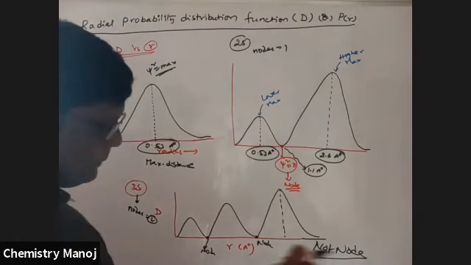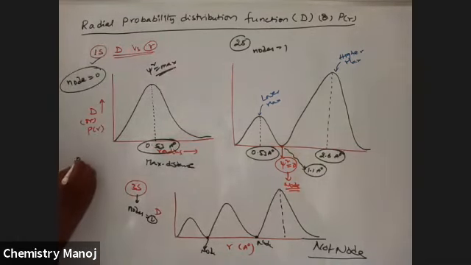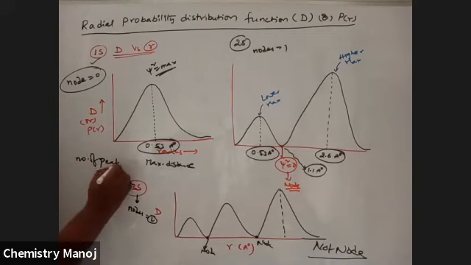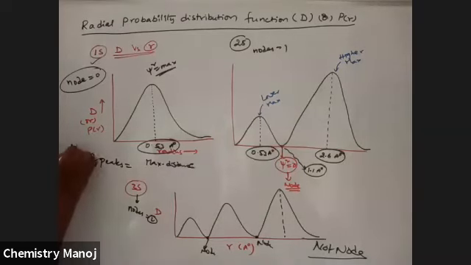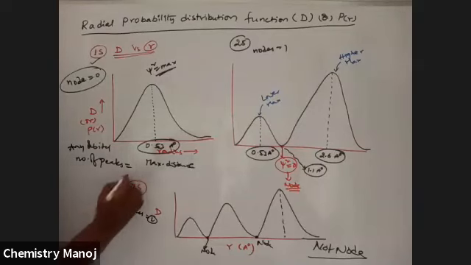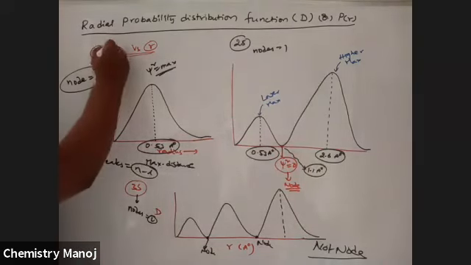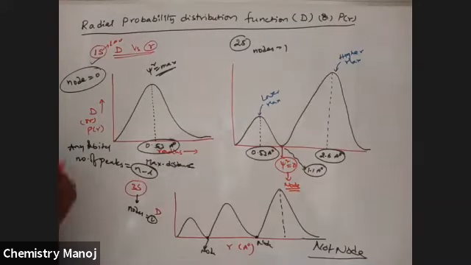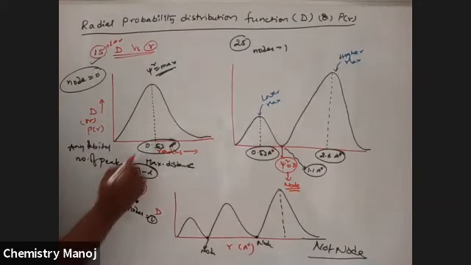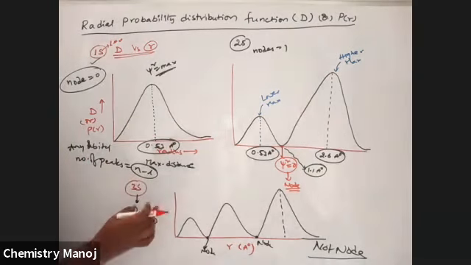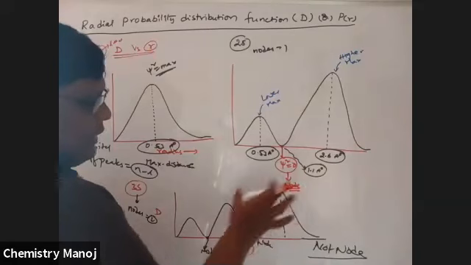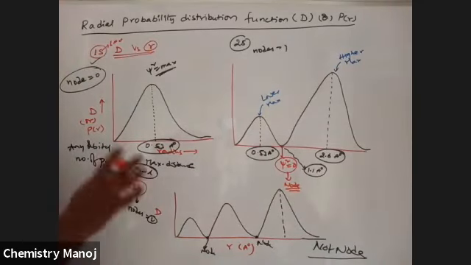Therefore, for any orbital in the probability distribution curve, the number of peaks is equal to n minus l. See here, for the s orbital, l is equal to 0 and n is equal to 1. Therefore, 1 peak is there. For the 2s orbital, 2 peaks are there. For the 3s orbital, 3 peaks are there. The l value becomes 0. Now for the p orbital,